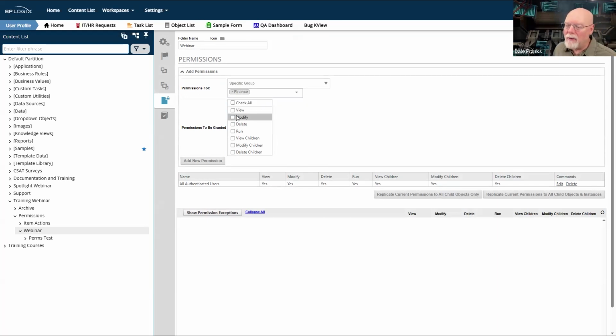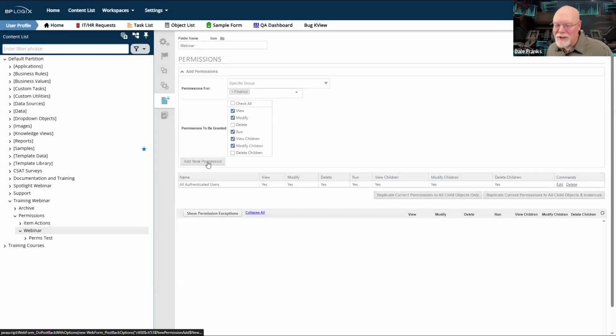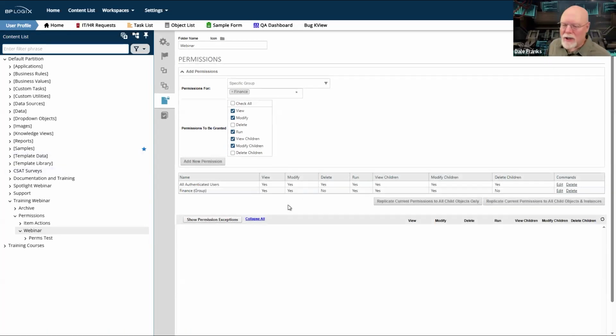And we will give finance modify, run, and view and modify children permissions, so they can go in later on and make changes to form instances. I'm not sure why I would do that. I'm just giving them the permissions. So I have to add new permission. Let's click add new permission. So now I have these two groups. Well, now this is fine. And I can save this.